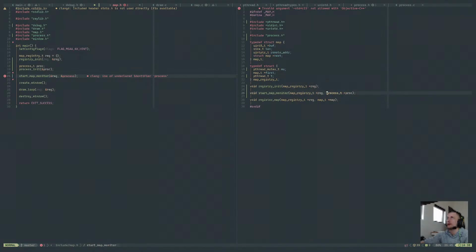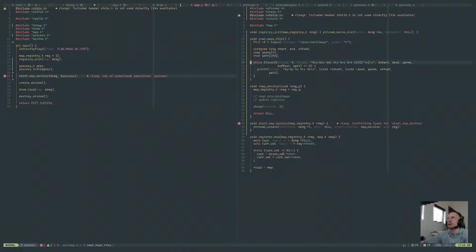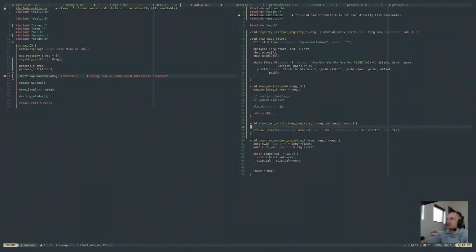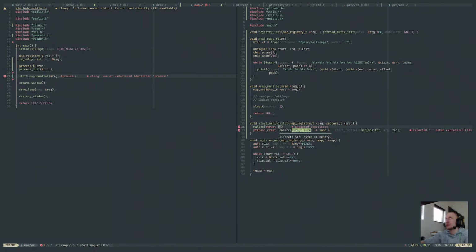And if we go back to map.c, we're going to have to add that argument here. And we're going to have some type of struct that we pass in here. And it needs to be long-lived, because this thing's going to return, so we have to malloc up a struct that has, sorry, we're going to have